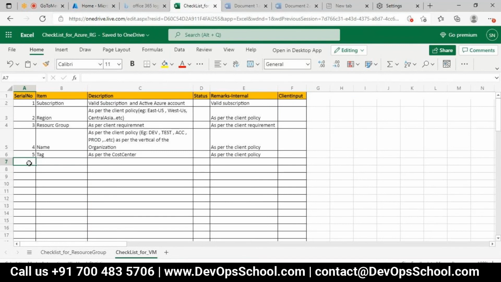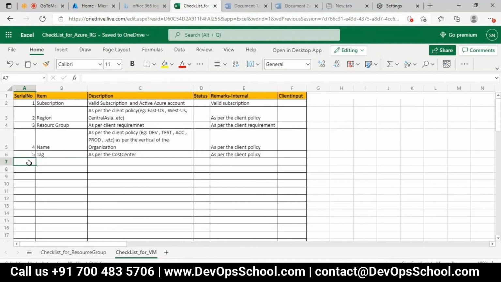The next item is the number of machines, the performance, the size. If you are preparing the checklist, only the important items you are going to list down, the important components of the virtual machine. You are not going to list down each and everything, like RAM size is 16 GB, configuration is this much. No. Only the important items. Next is which type of machine they want, Linux or